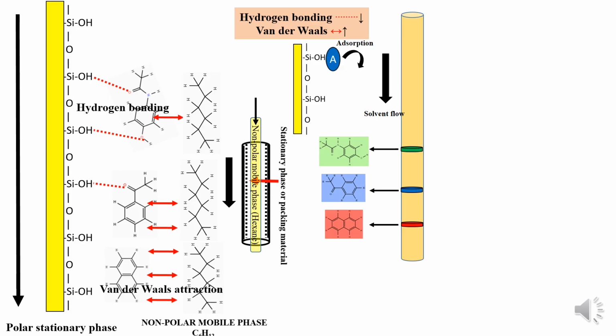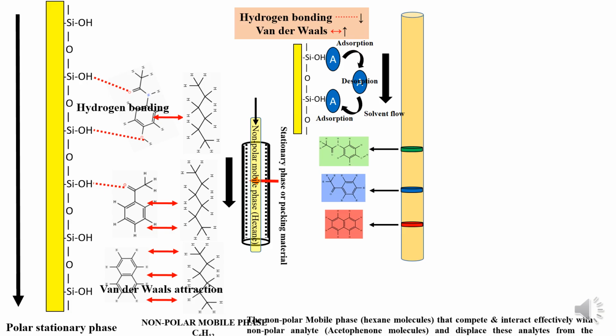With the solvent flow, the non-polar mobile phase displaces the adsorbed molecule A from the polar silanol groups, and this is called desorption. And again, after a short period of time, the molecule is adsorbed onto the polar silanol groups by adsorption. Now this cycle of adsorption, desorption and adsorption continues until the component or the molecule is eluted out